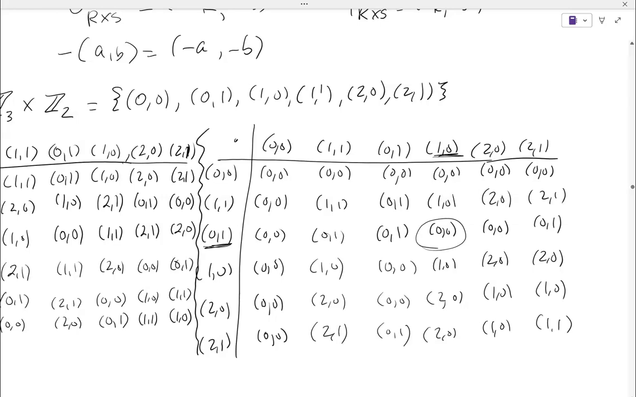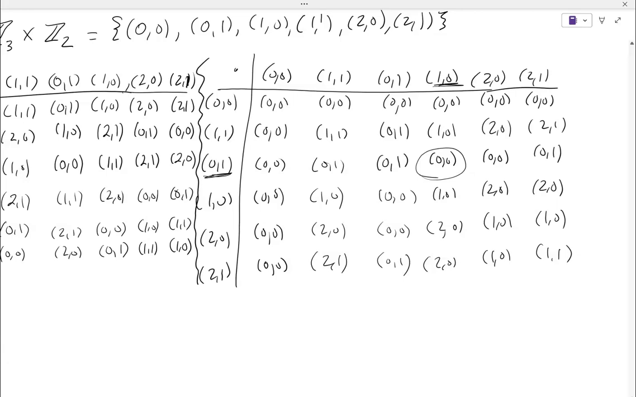What about 0, 1? No. What about 1, 0? Nope. What about 2, 0? Nope. What about 2, 1? Yeah, 2, 1 times itself is 1, 1, right? So your set of units, which we denote U of R, this is the set of units. Again, units are the things that have multiplicative inverses. In this case, we're looking at the units of Z3 cross Z2,